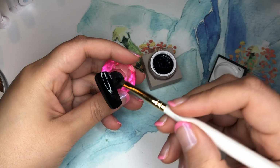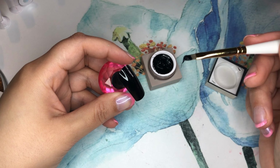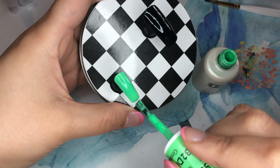Right now I just want to focus on my Leafgel products, like this oval brush. I really recommend the oval brush for painting, not little details, but just the whole nail in general. The shape is perfect for when you want to get around the cuticle and on the edges. And well, that's what it was made for, right? It works really well with both thick and light consistencies of gel, but I would say more with the thick gel kind. So yeah, if you like using the little pots of gel, I really recommend getting an oval